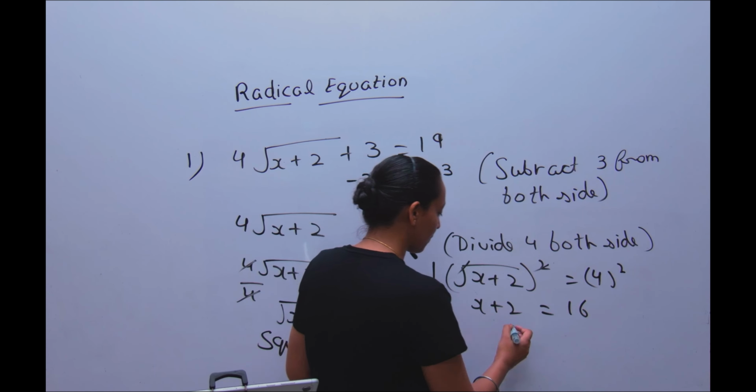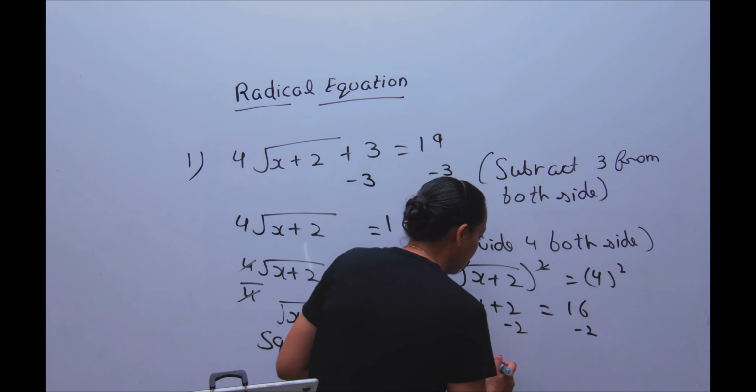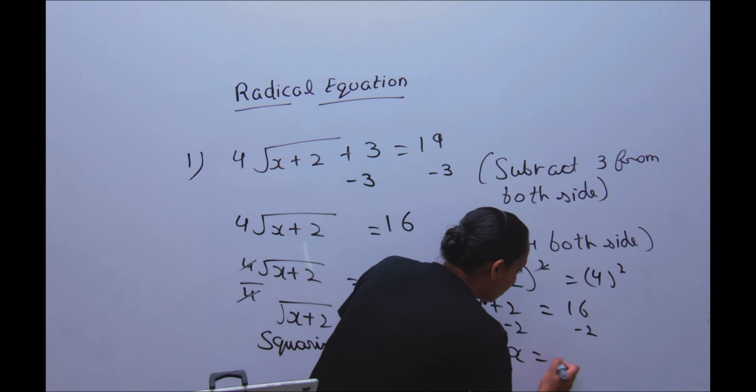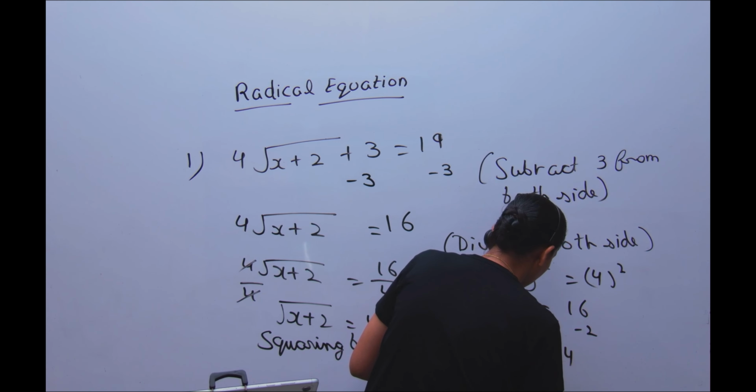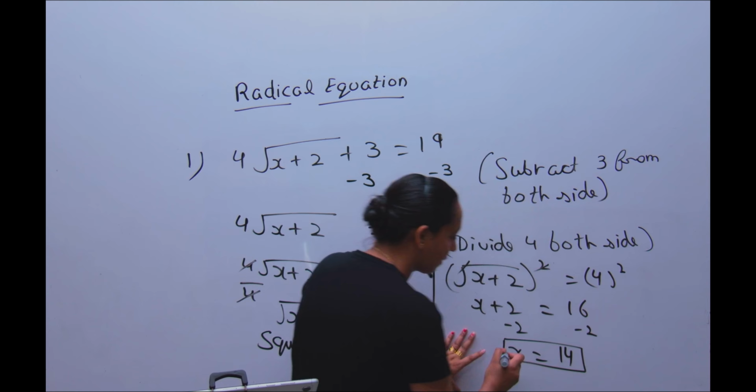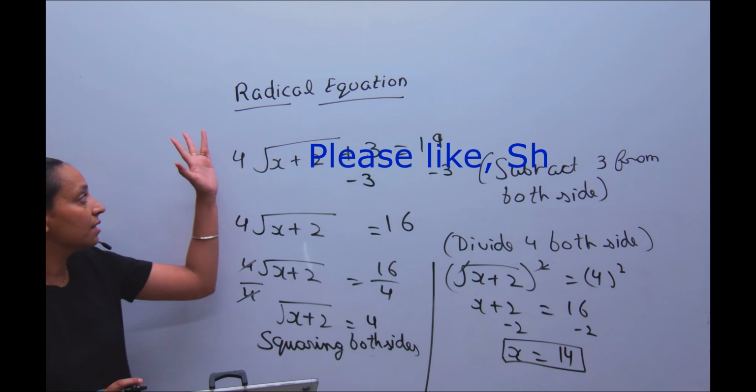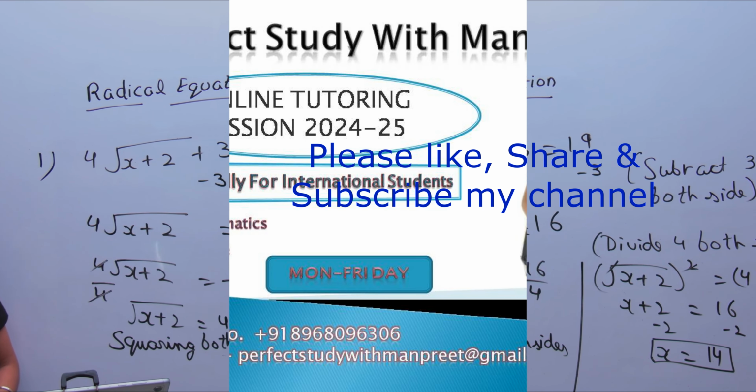Now we subtract 2 from both sides. It becomes x is equal to 16 minus 2, which is 14. So our answer is 14. So this is a radical equation. Now down the